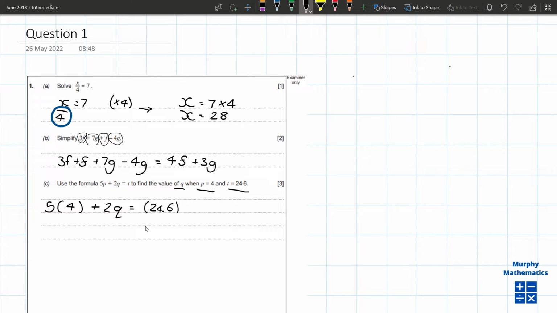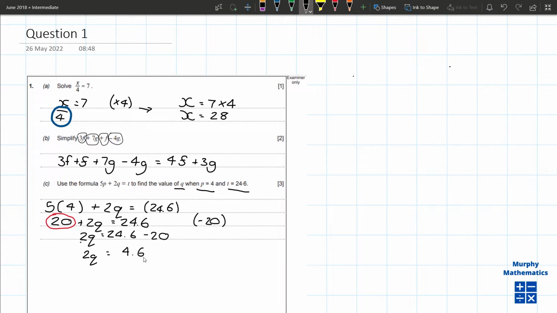Okay, so now I can times through. So I've got 5 times 4, which is going to be 20, plus 2q equals 24.6. Now I'm just going to rearrange. So I need to get rid of this 20 first, and it's adding to 2q, so I'm going to minus 20 from both sides. So I'm going to have 2q equals 24.6 minus 20, and then I can simplify that. So I've got 2q equals 4.6,